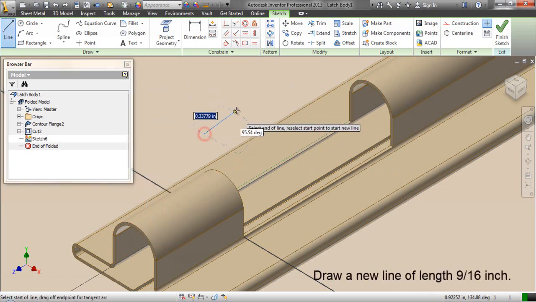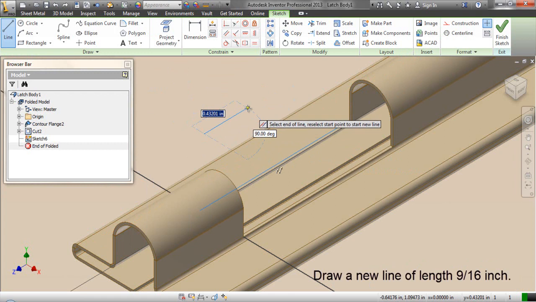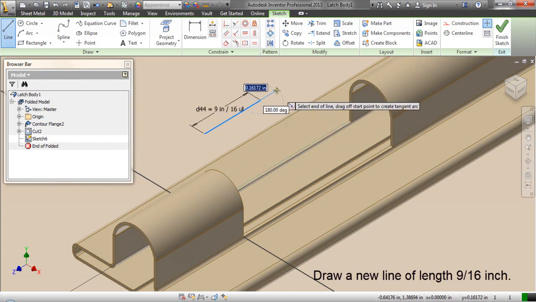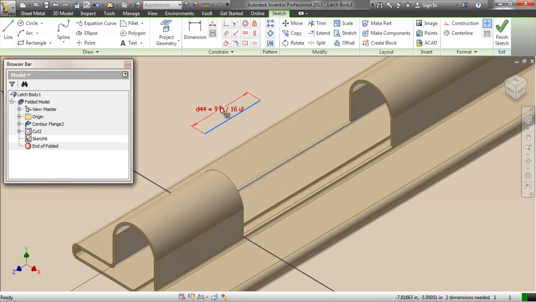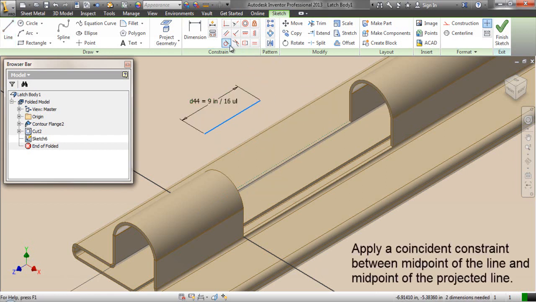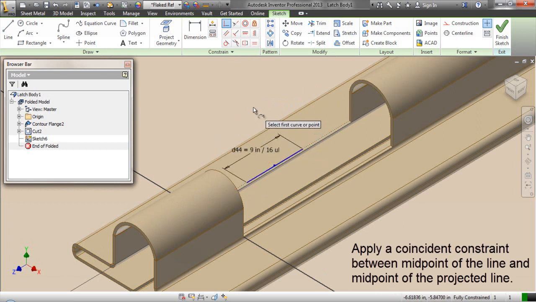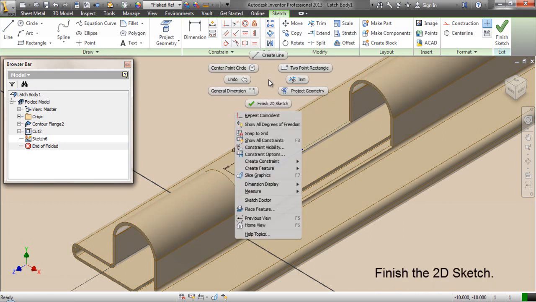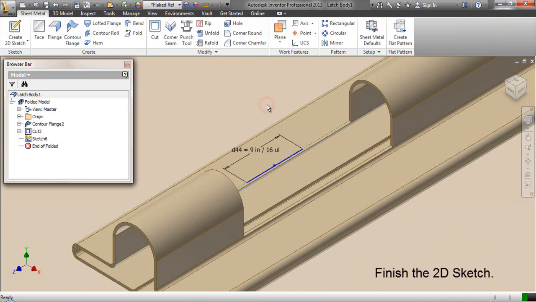Draw a new line of length 9 upon 16 inch. Apply a coincident constraint between midpoint of the line and midpoint of the projected line. Finish the 2D sketch.